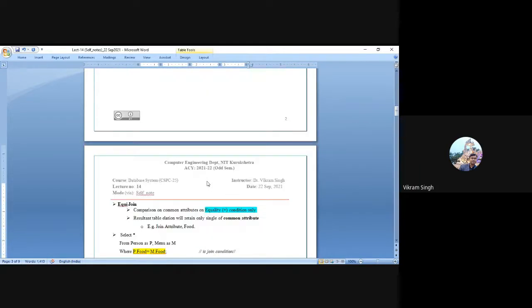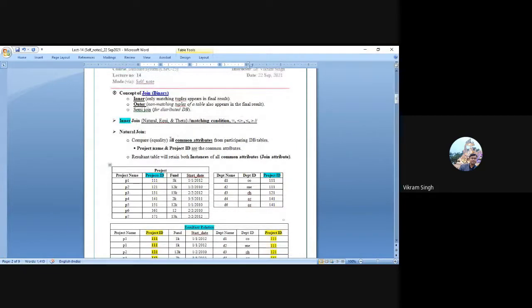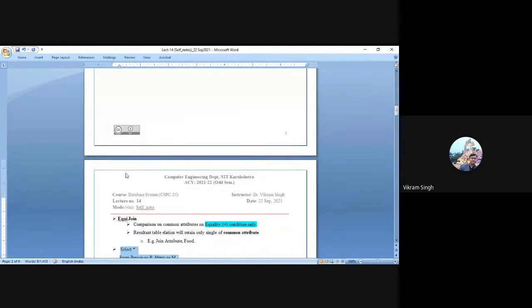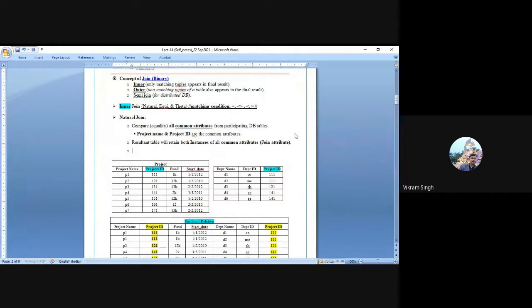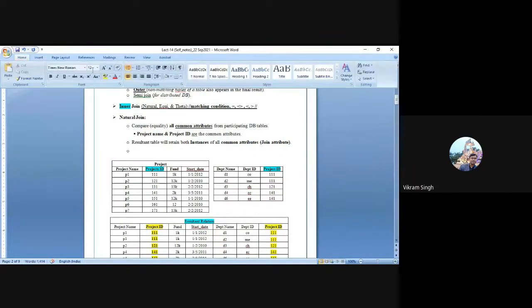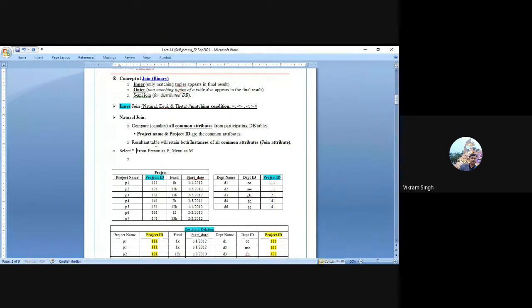That's the only difference, right? In the case of natural join, whenever you are trying to perform a natural join, you simply mention a query. You can take this query from here and write it here. So let me write how to push a particular query as a natural join. There you do not need to mention anything as a join condition. So you will now write a natural join.